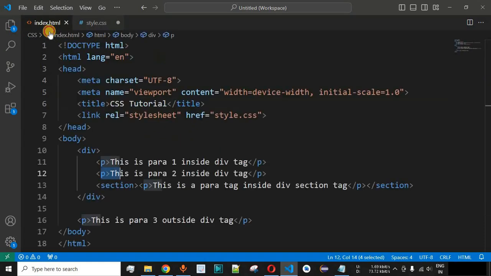So basically, whatever direct children of this div tag are present will be having the background color as aqua, which means both these paragraph tags should have the aqua color, and then whatever descendants are present, which means the div tag, which is also having the section tag over here, which is again having the child tag as the paragraph tag over here, this paragraph should have the yellow background color now.